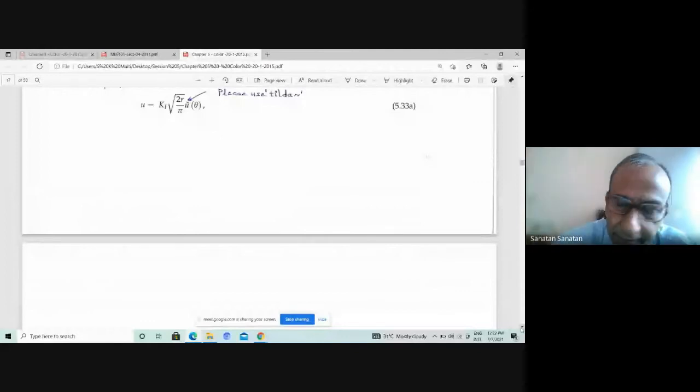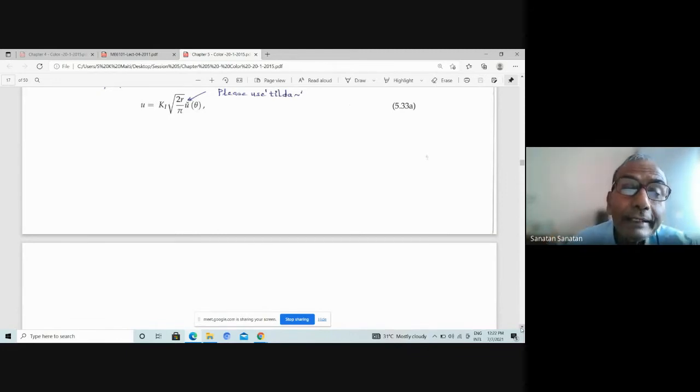So u bar theta is a known function of theta. In this case, if you select a point at a finite distance R from the crack tip, then from the finite element solution you know u at the point where the node is located. Then you just plug in the values of R and theta in this expression, and the only unknown is K1, so you can find out the value of SIF. So this is the displacement based method.